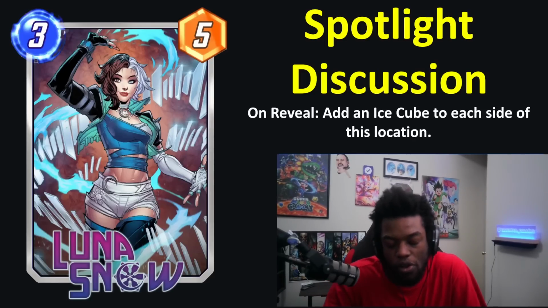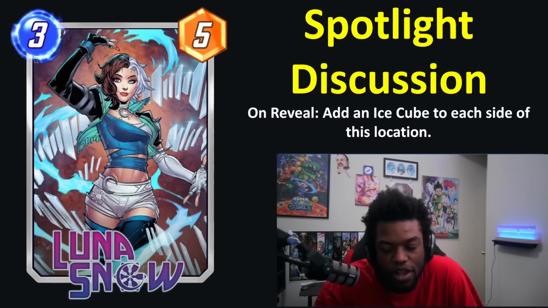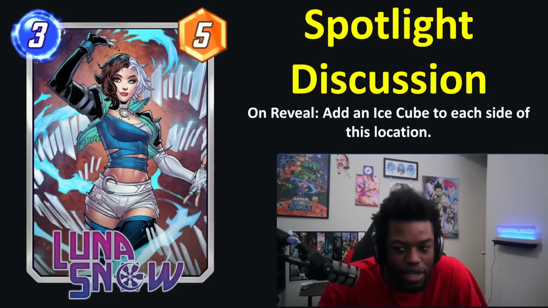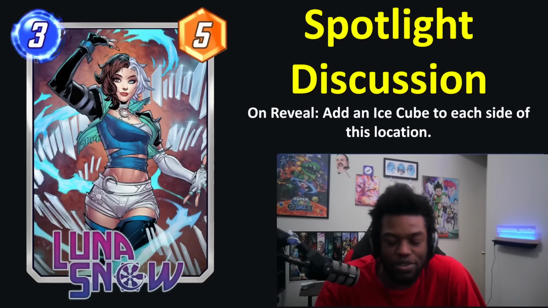So let's say you are able to fill, like you play Hood into Viper into Luna Snow or something like that, right? And they fill their lane, right? Even though it gets destroyed immediately, they still get that +1 energy. The nice thing is you get to keep your energy for the rest of the game if you want it, but they still get that 1 turn of energy use, which sometimes is relevant. So it is a little bit